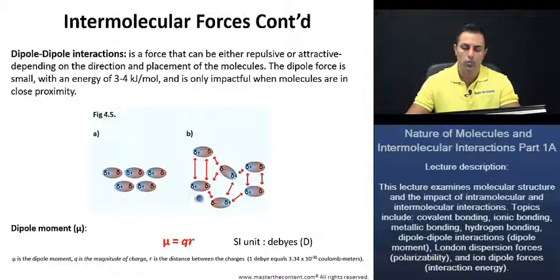Now, say we want to measure the strength of these dipole-dipole interactions. We can do so through what is known as the dipole moment, as it says here. And the dipole moment is just going to be the magnitude of the charge times the distance between the charges, and the SI unit for the dipole moment, as it says here, is going to be